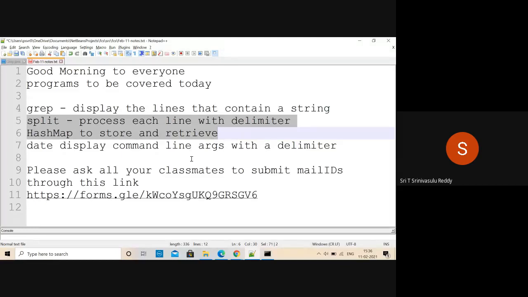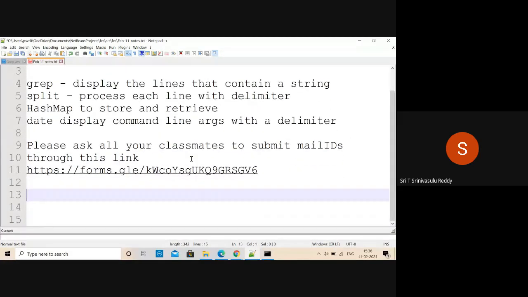So split, what it does is that it takes a string and splits that string into multiple substrings. For example, let us say you have a CSV file. CSV stands for comma separated values. For example, you have the name of the candidate, Amala, and her phone number, let us say 9848012345.